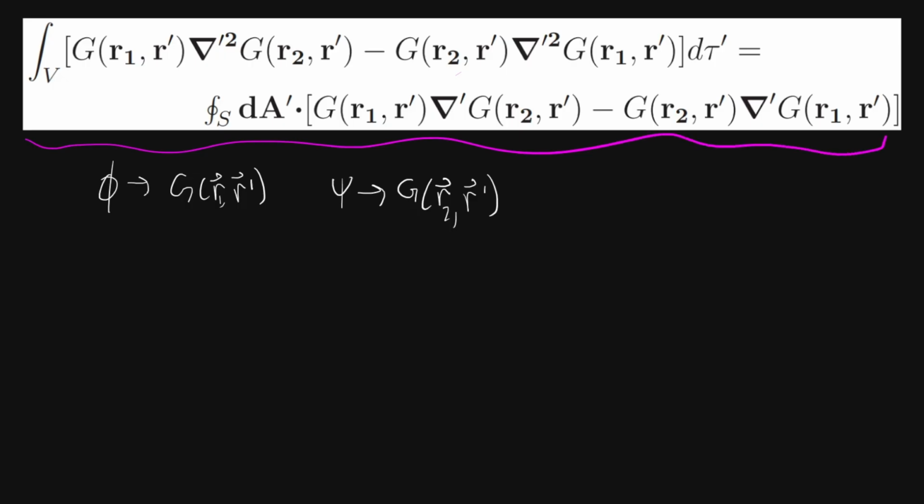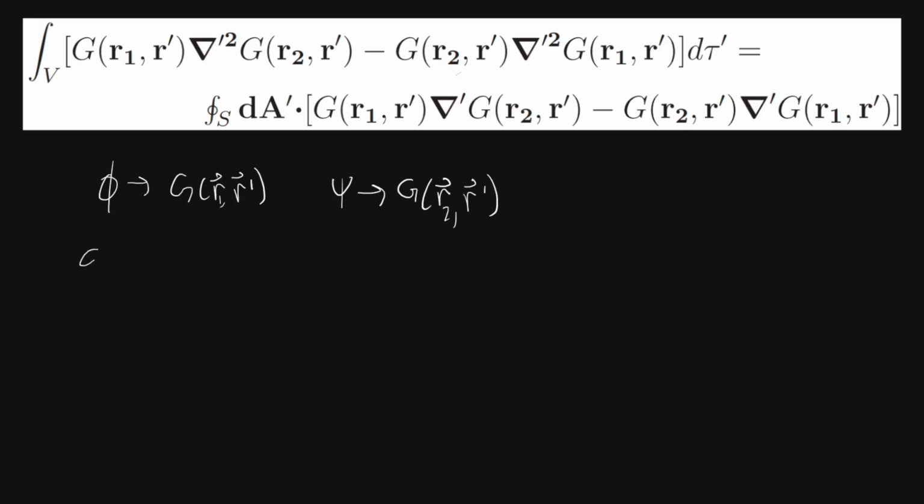So if we take our original Green's second theorem and instead of phi plug in G(r1, r'), and instead of psi we plug in G(r2, r'), we can get this long equation or equality above. Okay, and the important thing to note is that both of these Green's functions have the same boundary conditions, meaning